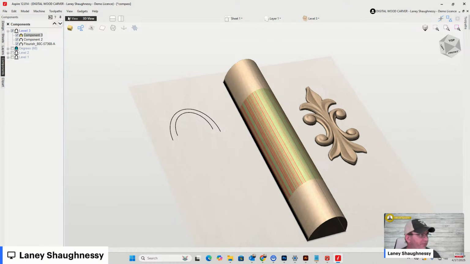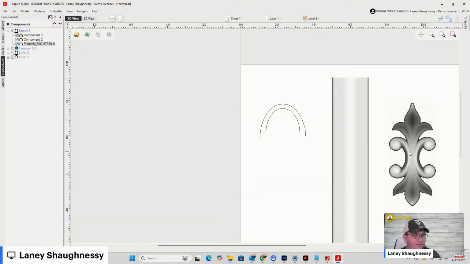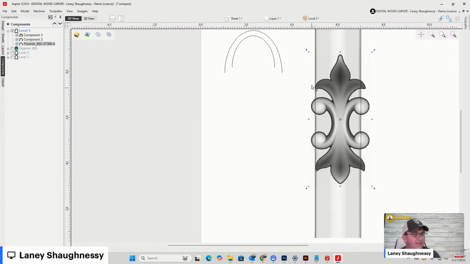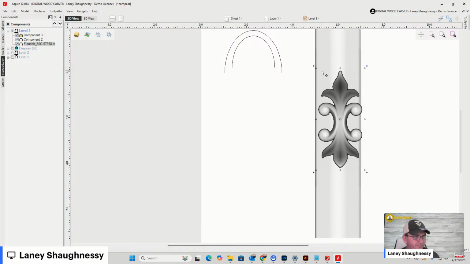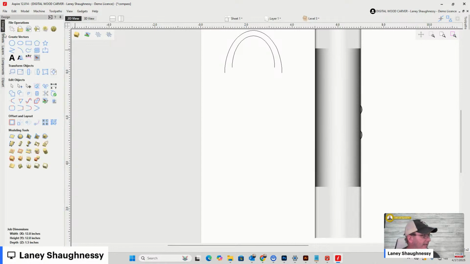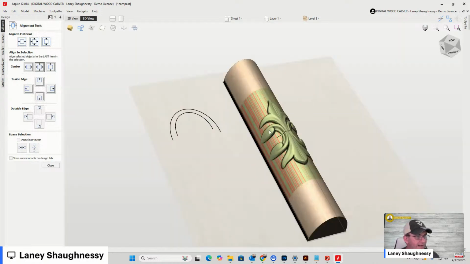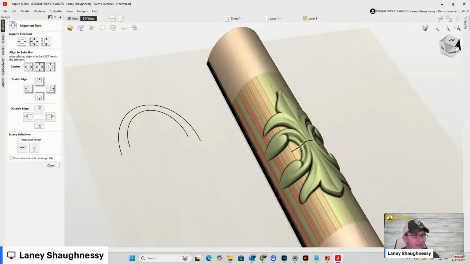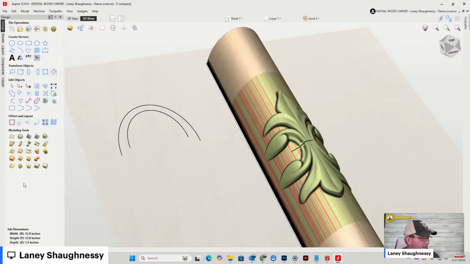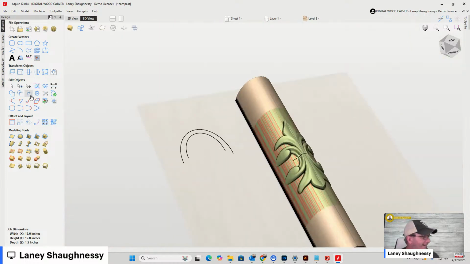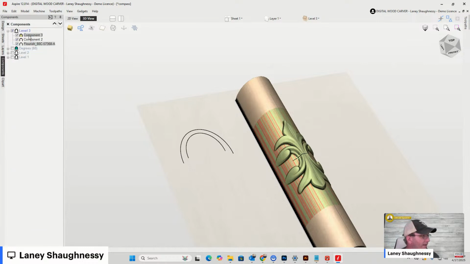So first, before I set that to low, I want to throw this flourish on top here, and I want to size it down to fit in between my lines. So I want to select this part, hold down and select this part, and align them left to right with one another, like that. Okay? Look at that, it looked like I broke my part right there, didn't it? The component,